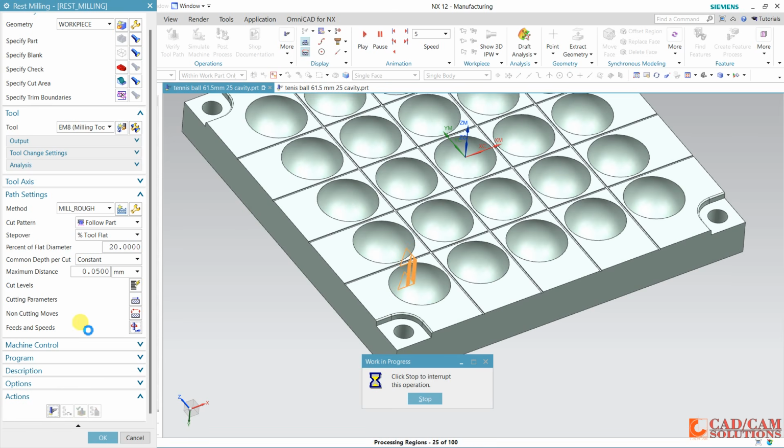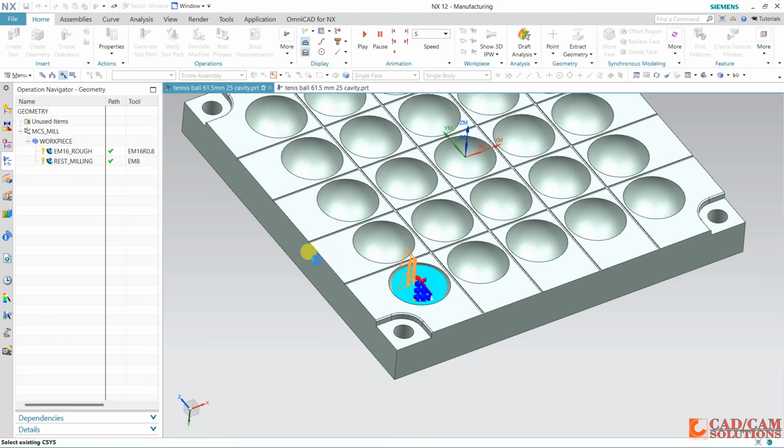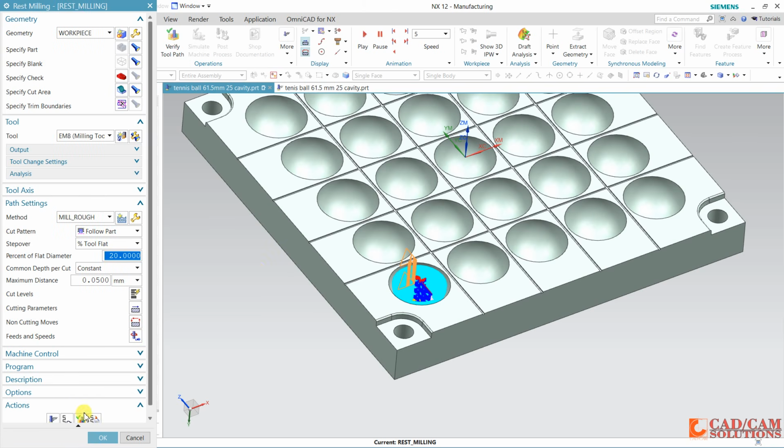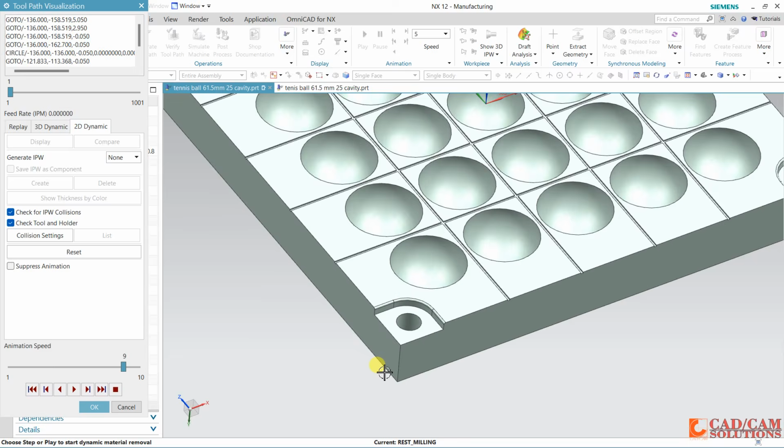This is rest milling. Okay, and see this preview.